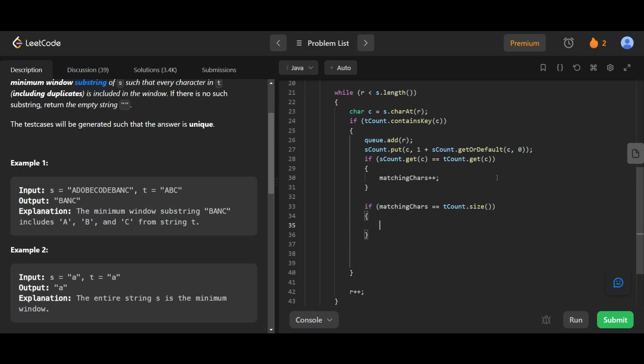And when I want to reduce a window, I'm going to remove the first character. So you remove the first character, which is what? So I want to remove,